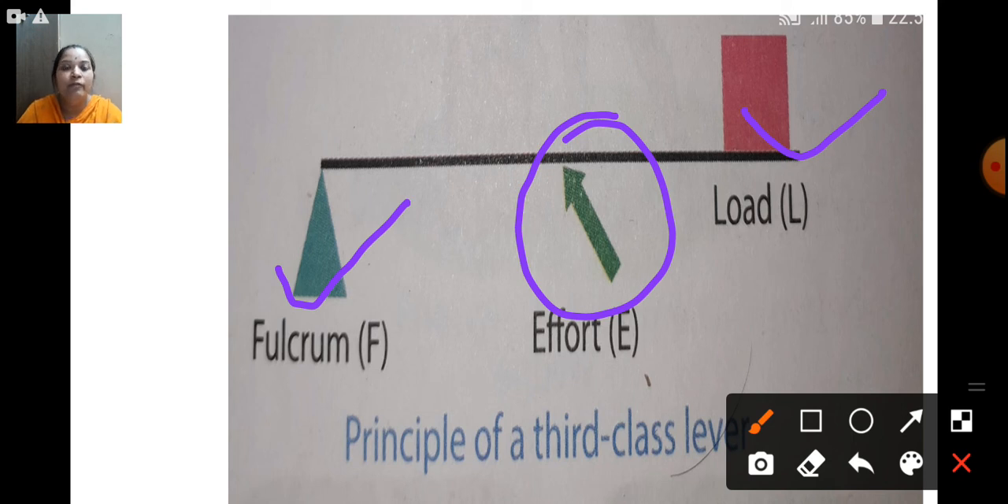You will read whatever we have studied till now in this chapter, and also you will read very properly about the lever, about the arrangement of fulcrum, effort and load, and the rest we will study